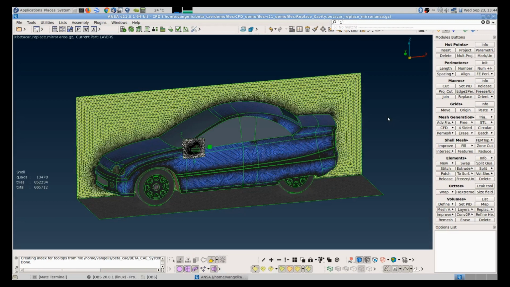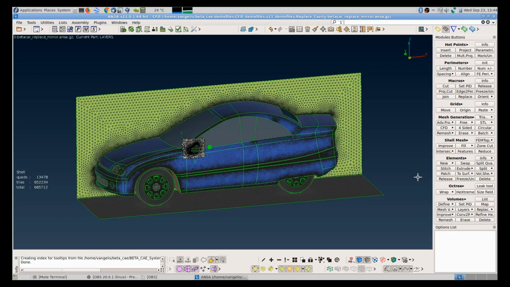Okay, let's now switch to the new functionality that relates to cavity remeshing. This is a very powerful functionality because it allows the user to take an existing full mesh with surface and volume mesh, make some small modifications of the geometry, and then automatically remesh only the volume that is affected by that change. This functionality can be achieved in two ways. I will show you the first one is through macros replace, and then the other function is volumes replace cavity.